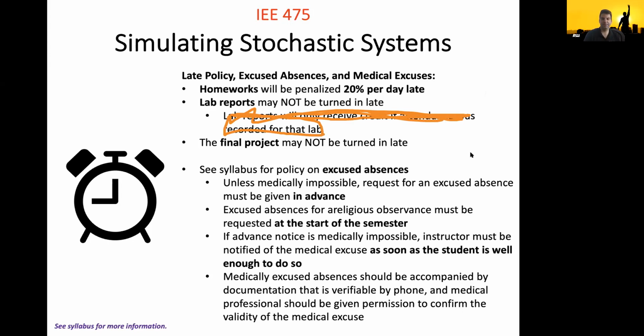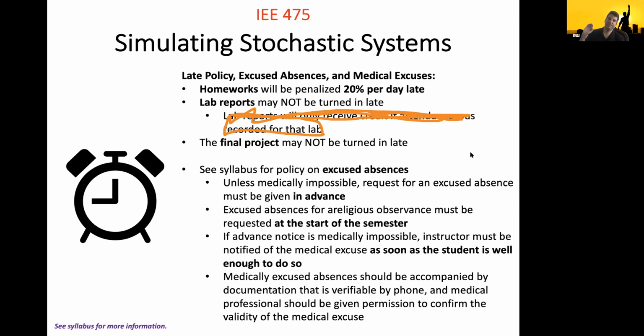See the syllabus policy on excused absences, but the big thing I'll say here is if you know that you're going to miss a class or miss some requirement, you need to let me know ahead of time, as soon as you know. If it is a medical miss, because of a medical emergency, there needs to be some way to verify that there has been a medical incident, and you need to come to me as soon as you are well. Let's say you're knocked out for a week, then that's what you needed. But the instant that you're taking classes again, you're well enough to contact me. Then you can say, here is what happened, here is my medical excuse,